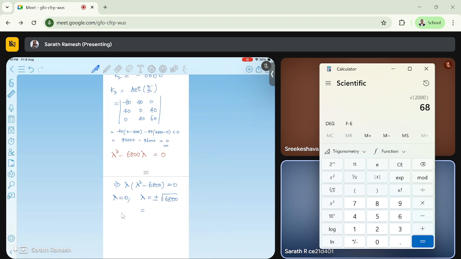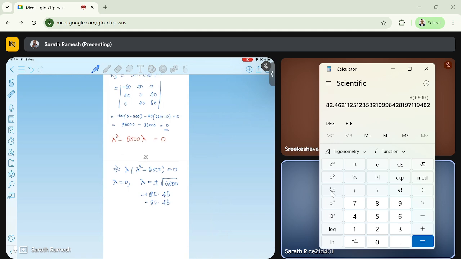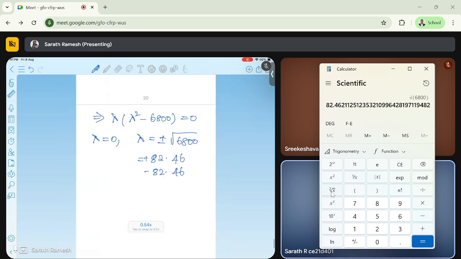The square root of 6800 is 82.46, so plus and minus 82.46. Okay, so the three principal stresses are 82.46,